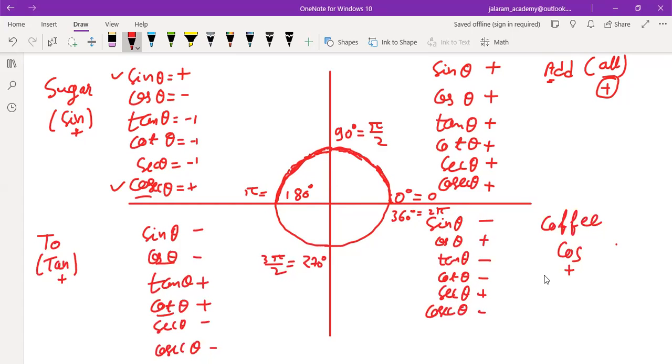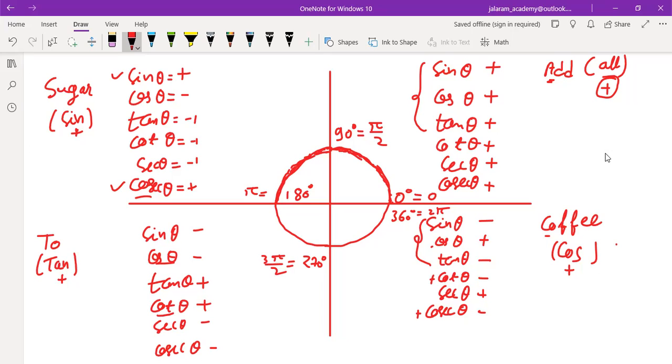Cos positive. Now, the ratios that start with C are cos, cot and cosec, all three. So why are we taking only cos? As only the first three ratios are the fundamental ratios and the next three are their reciprocals only. So in the first three ratios, sine, cos and tan are the important ratios. These three are also important, but they are the reciprocals of the given ratios. That's why cos is positive, C for coffee, so C for cos positive. And all others are negative and the reciprocal of cos, that is sec, is also positive.